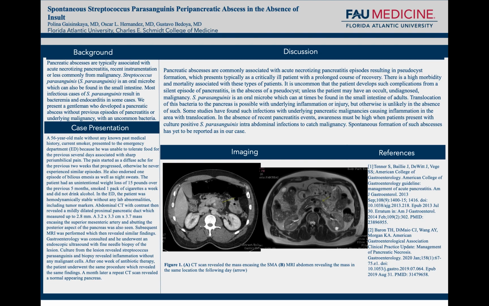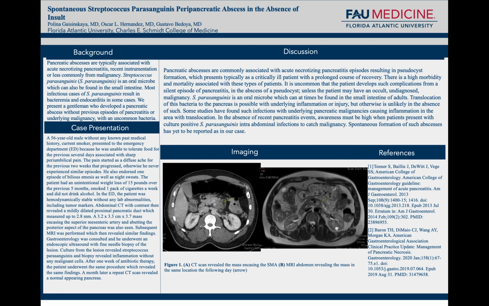Imaging revealed what is shown in figure 1 here, A and B. A is the CT scan, which had a dilated proximal pancreatic duct, about 2.8 millimeters, and a mass that was 3.2 by 3.3 by 3.7, and it was encapsulating the superior mesenteric artery. The MRI in panel B shows similar findings, and the patient then underwent an endoscopic ultrasound with fine needle